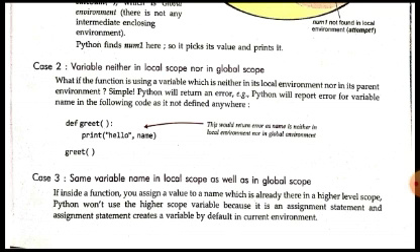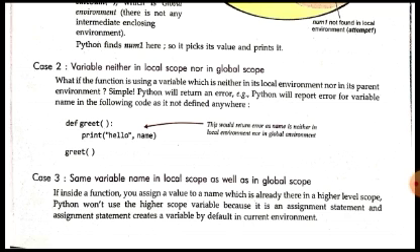So now what we have seen, in this case we see that the variable is neither in the local scope nor in the global scope. Now, so what will now be done? Now Python will report an error for this variable name in the following code as it is not defined anywhere, है ना, क्योंकि name नाम कोई फंक्शन ना तो ग्लोबल में है ना तो लोकल में है, और enclosing तो कोई है ही नहीं क्योंकि यहाँ पे नेस्टेड फंक्शन तो है नहीं. Enclosing कंसेप्ट तब आता है जबकि हमारा फंक्शन क्या होता है, वो नेस्टेड फंक्शन होता है.